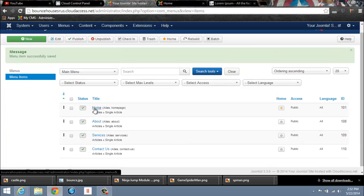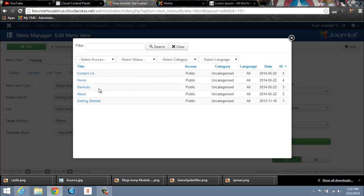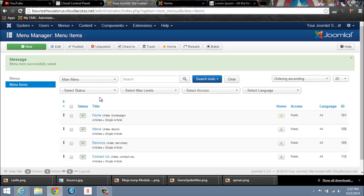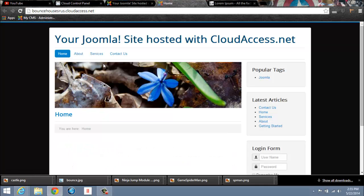And here's our home. So let's click on that, and instead of having it linked to our getting started page, we are going to pick a different page. We're going to pick our home page, and we're going to save and close. Now that home menu button that you've seen in the beginning will be linked to our home page. So if we go and look at our website now and we refresh,